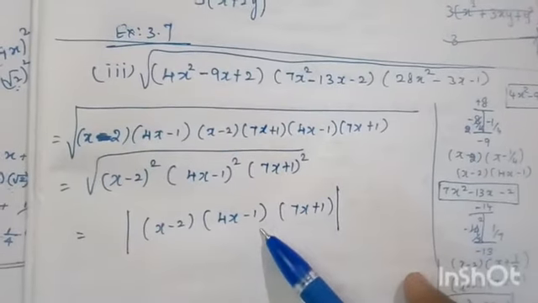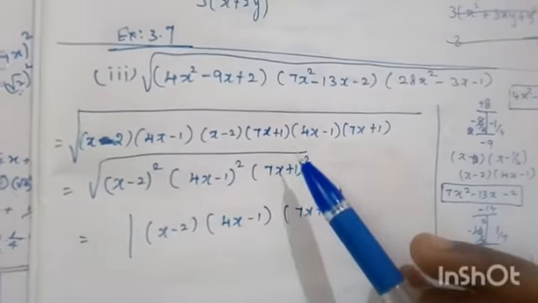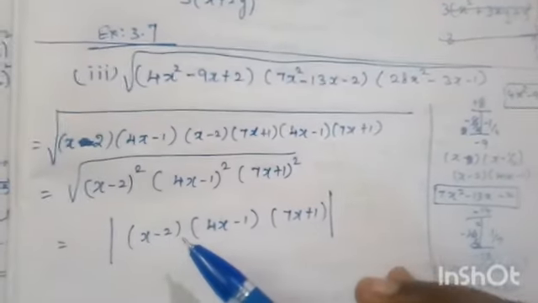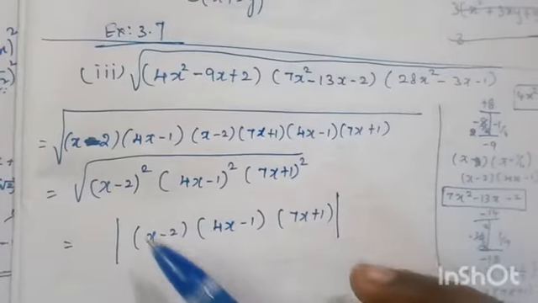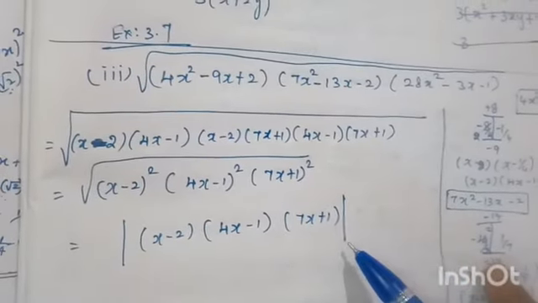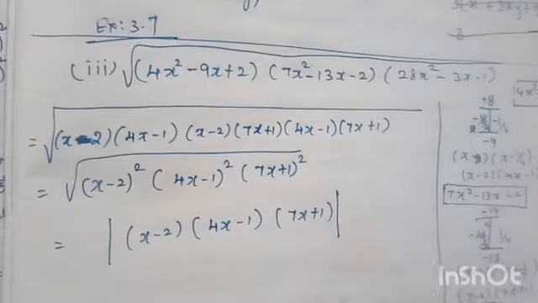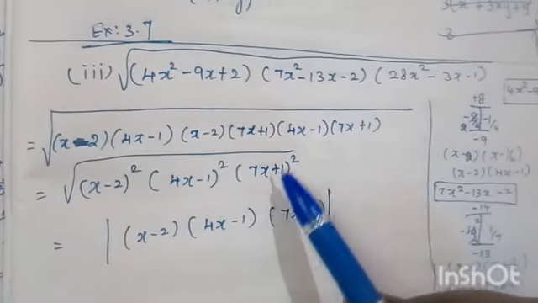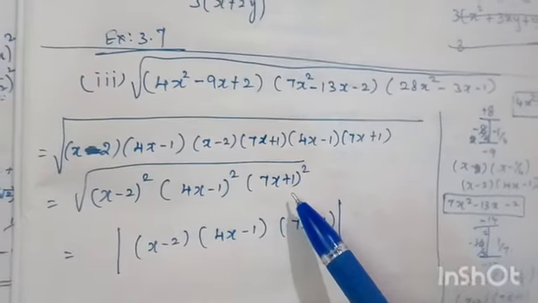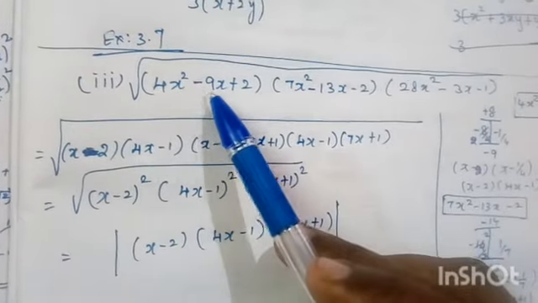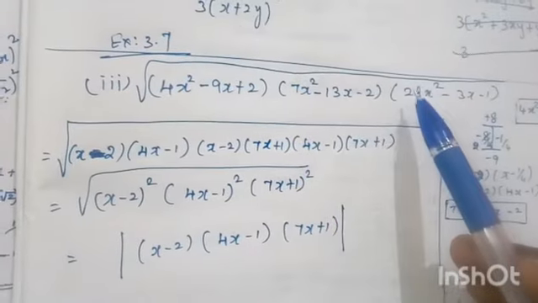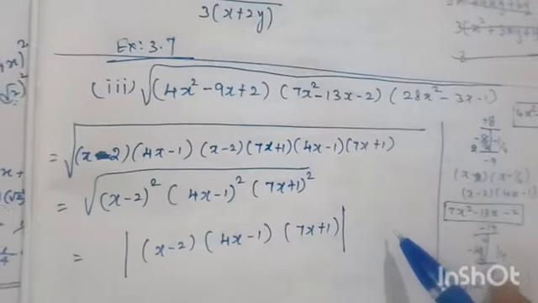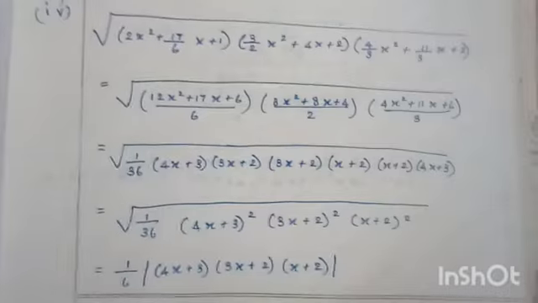Have you understood this step? When we are taking square root, for the square number, square and square root become cancelled. That you know well. So we have to write it as an absolute value. We have the same method problem in the example. So you have to follow this method. Okay, in the book they have given separate findings for this, this, then it looks like a big problem. You have to follow this method for the example problem.